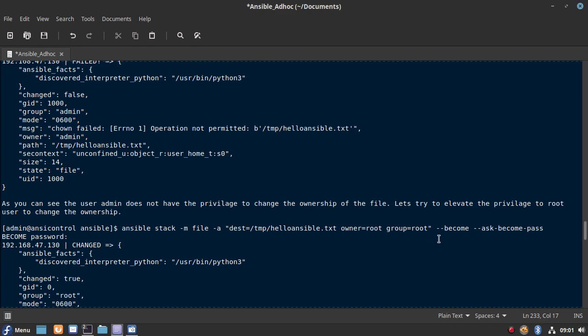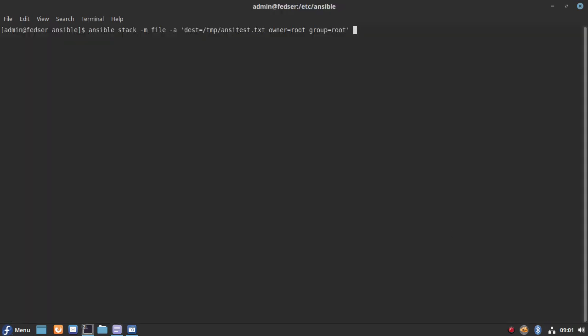So for this, we need to pass become, so that it will be logging in as the remote user admin and execute the command as root. Ask become pass.